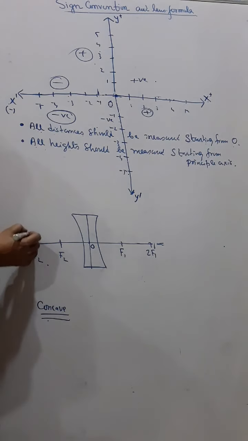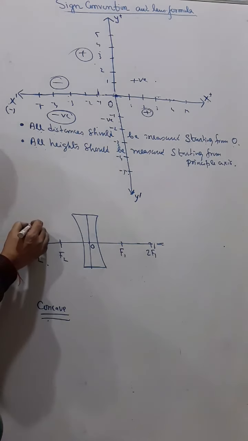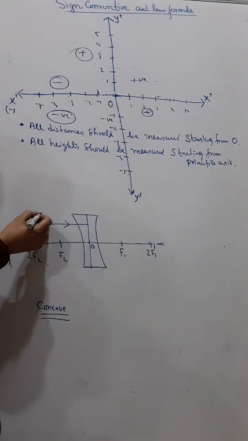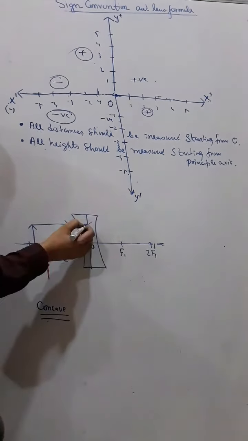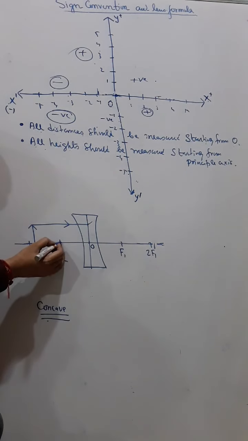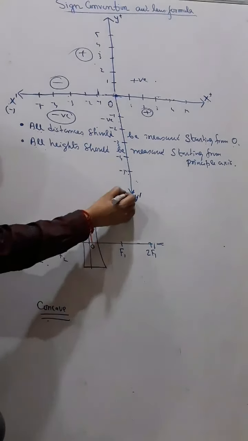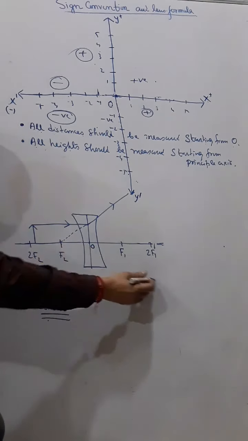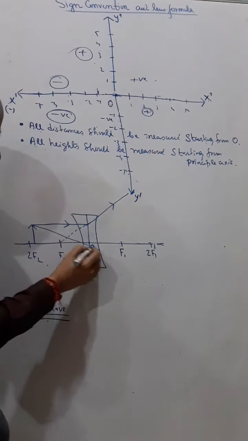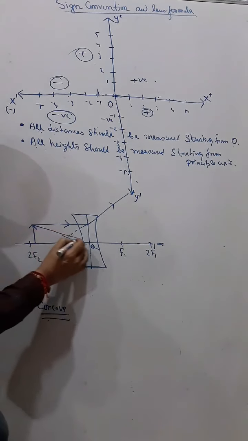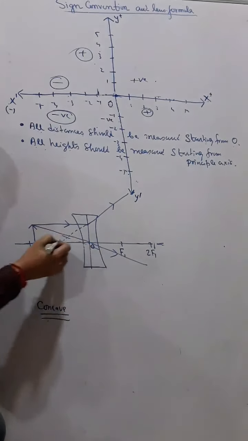So let us draw. So suppose the object is here, then how we do? Straight, right, parallel, and then it will diverge, and it will diverge in such a way that it appears to be coming from focus. So what we do, from here we draw a straight line dotted and then we extend that. Okay, and the next will be from here to O and it will go undeviated straight. Okay, like this, right, straight. So you can understand.